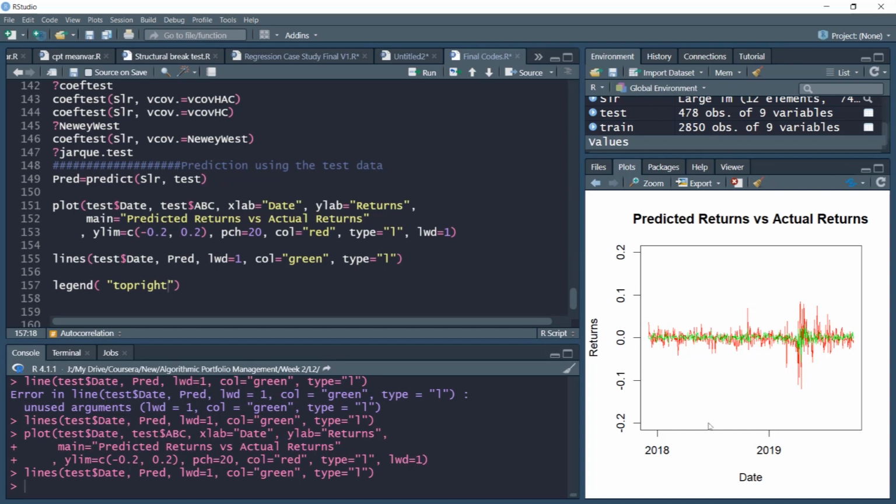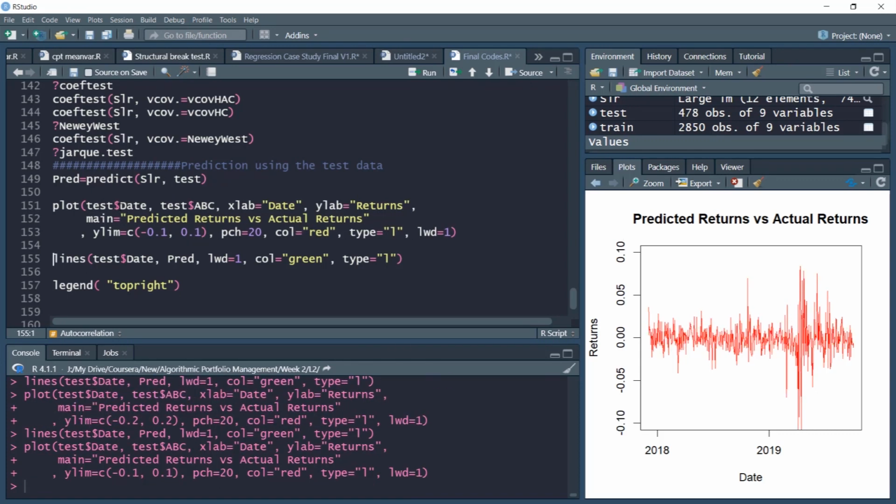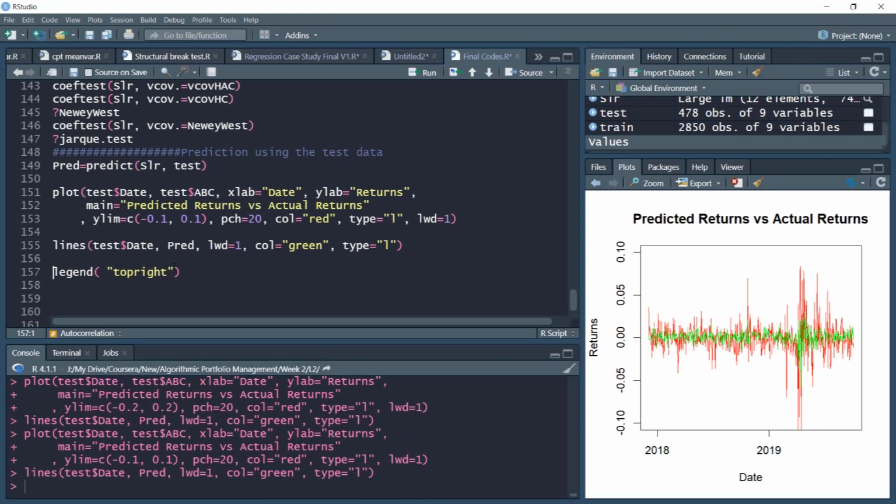If I had put it -1 to +1 or some higher number, it would not have looked aesthetically good. So right now the window is decent. In fact, I can put it as -0.1 also, that would be okay as well. If I run it for -0.1 to 0.1, that also looks better. Now I'll add the legend on the top right part of it.